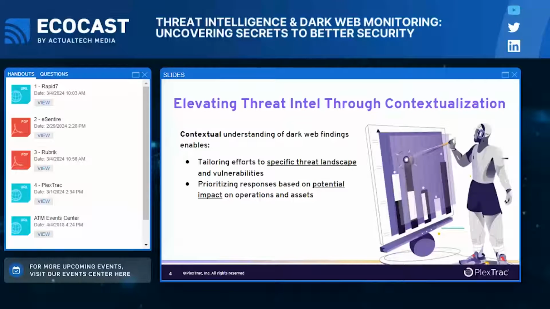Do you want a validation against it? Are you going to prioritize based off the criticality? Are you going to prioritize based off the business criticality of that particular asset and what it means to the organization? So there's a lot of thought process that you need to think about when you ingest this data. And a lot of times I see organizations ingest it and go, good, and wipe their hands clean, off they go to the next thing. I really want you guys and the market as well today to really think about how you are tailoring it, and how you are prioritizing the response to it as well. Now let's move on to the next one.